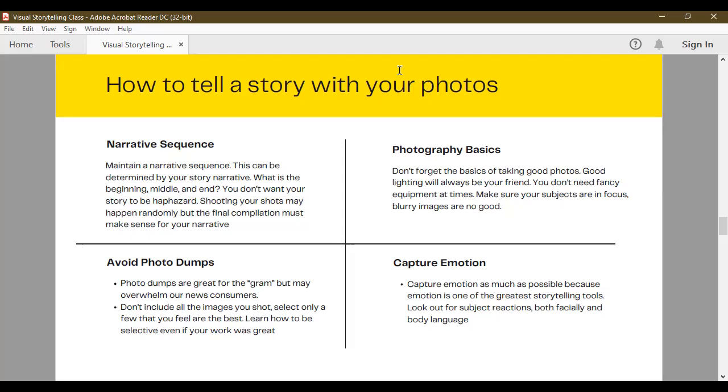And lastly, there are just some photography basics. I think if you're not well versed with photography, you'd need an entire introduction to photography class, and that's a separate class. But when we're just talking about the tips that can help you tell the story using your photos, just basic photography